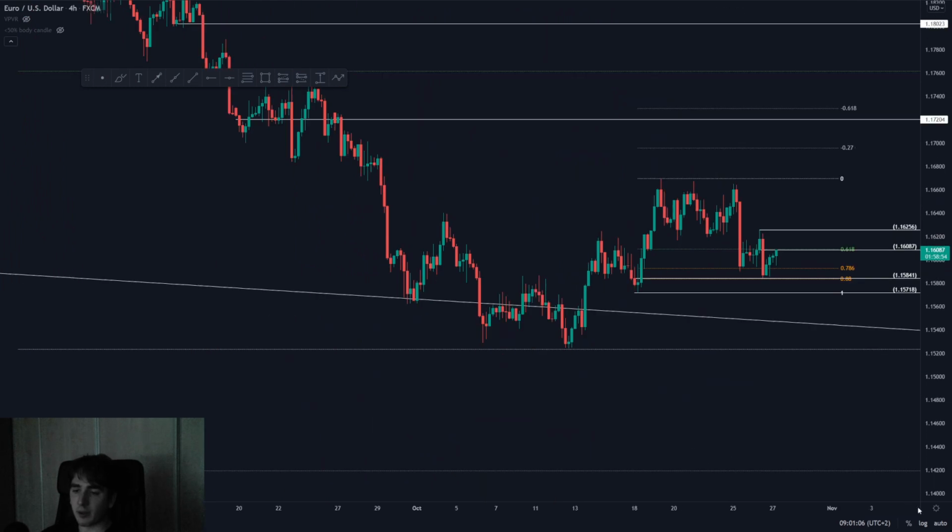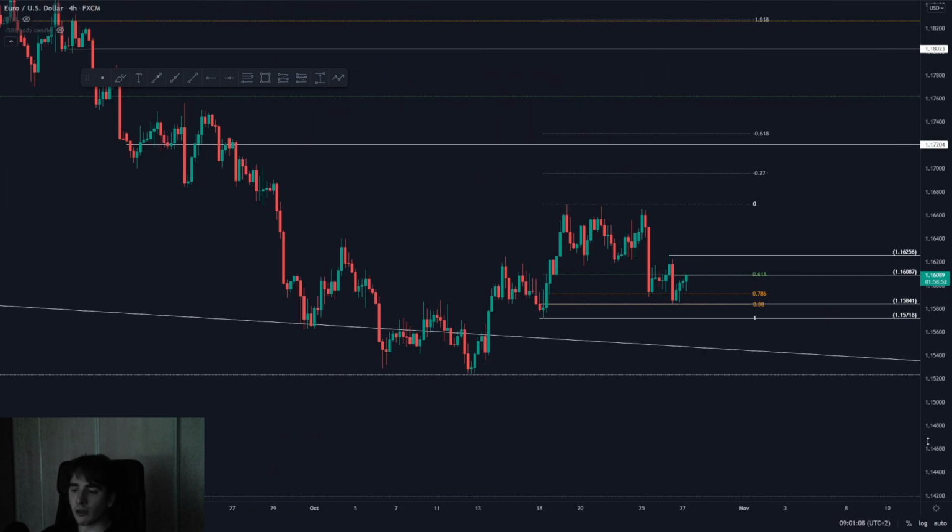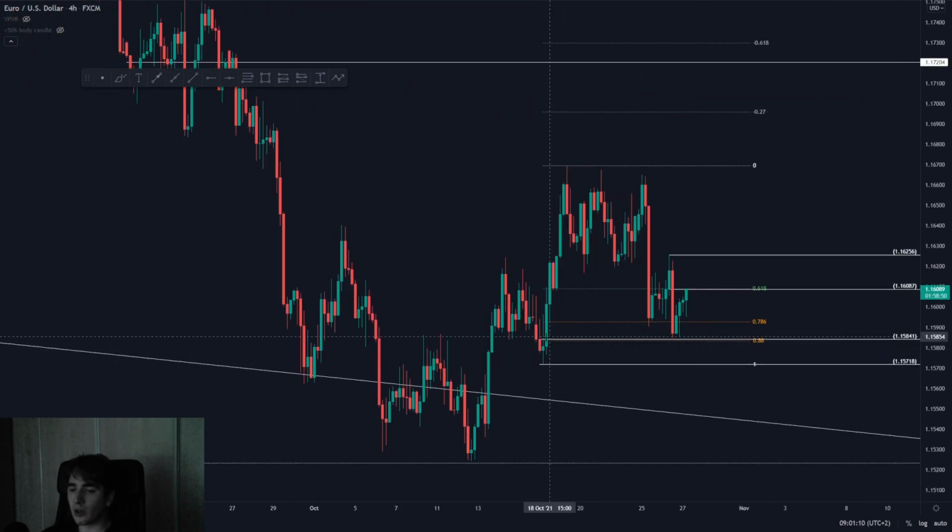So yeah, just missed it by a few pips. Looking at current market structure, this is really the most important low. If we can keep this low over here, I am still bullish on the 4 hour. However, of course, daily and weekly are bearish on euro dollar. But for the time being, on the 4 hour, I am bullish as long as we can keep a hold